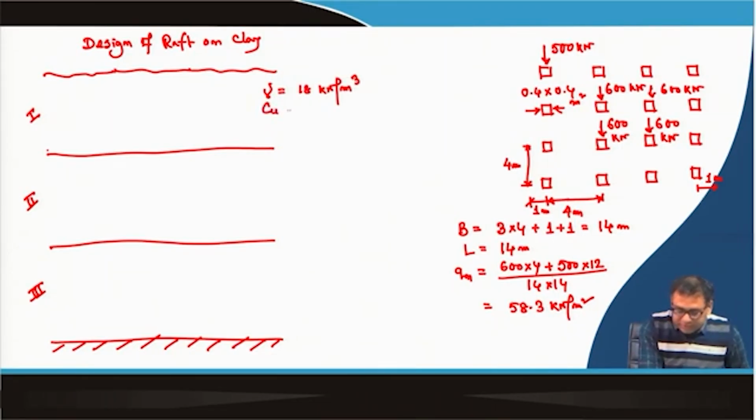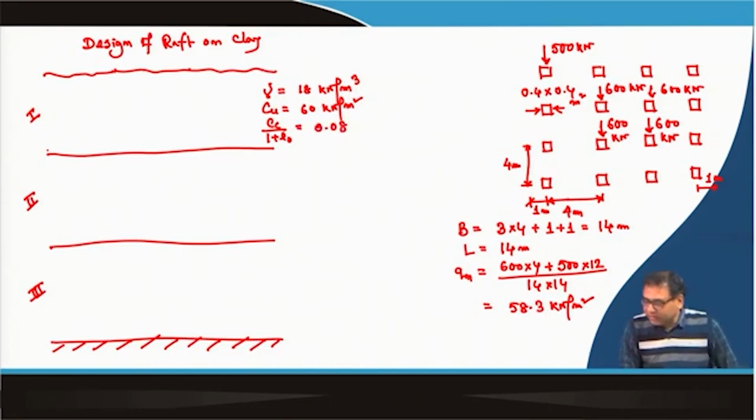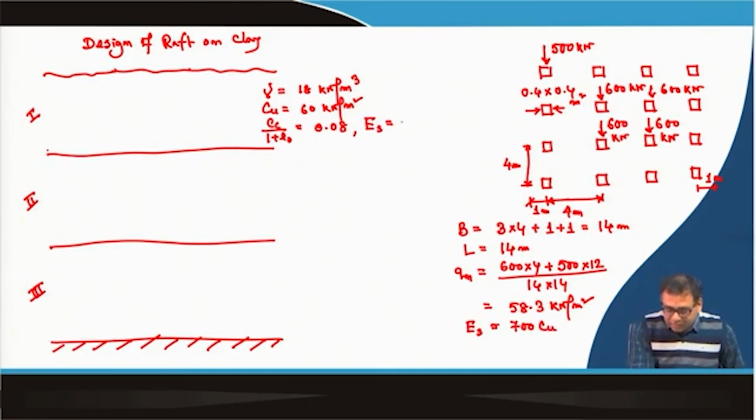Then Cu, undrained cohesion, is 60 kilonewton per meter square. Then Cc over 1 plus e0 is 0.08 for the first layer. And Es value, elastic modulus: I have given the range of E value with the Cu, undrained cohesion. So, from that given range, roughly we are taking 700 Cu as the Es or Eu. So, 700 Cu will be